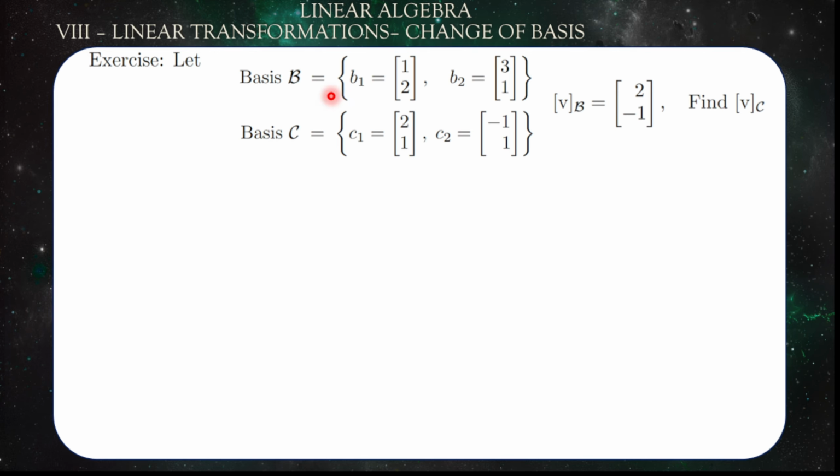Okay, another one. You have two bases here, or two coordinate systems. Basis B given by B1 equals 1, 2, B2 equals 3, 1. Basis C, another coordinate system, given by C1 equals 2, 1 and C2 equals minus 1, 1. And VB is equal to 2, minus 1. So this vector within the B system is given by 2, minus 1. I need to find its image, or what it would look like in the C coordinate system. So I need to transfer it from this coordinate system and see its values when they are measured with respect to the other